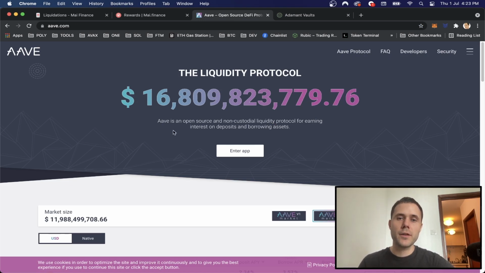Another platform which has integration with Mai Finance, which I'm also a very big fan of, is AAVE. So AAVE is also a lending platform as well. So you might ask yourself, why would they have interaction even though they are kind of competitors perhaps? But I think these two projects working together is absolutely massive, and I think all these projects adding to each other can only benefit the ecosystem.